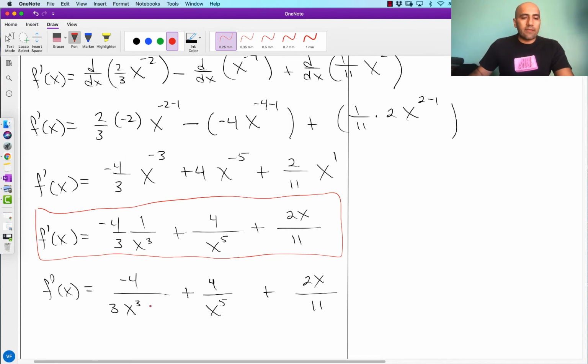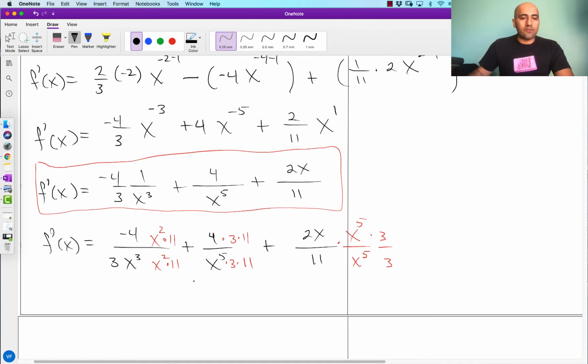So we're going to multiply this one by x squared over x squared. That's a new version of 1. And then I also need the 11, so times 11 times 11. And then this one I need the times 3 times 11, or 33. And then this one, I need an x to the 5th power over x to the 5th power, and I'm also missing that 3, so 3 over 3. Okay, so all of that simplifies to